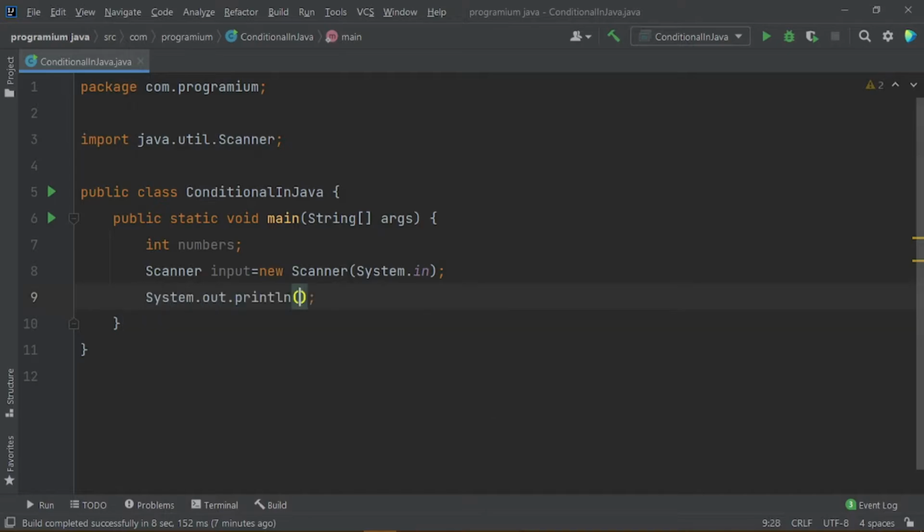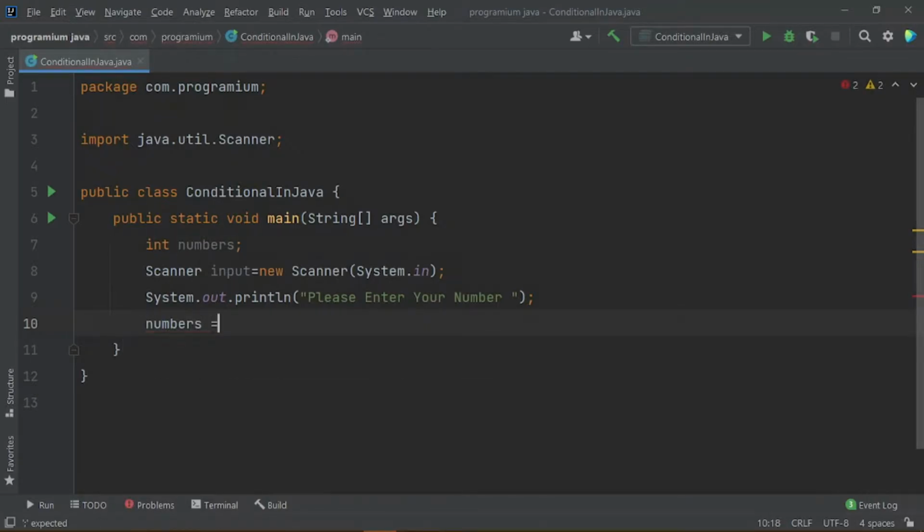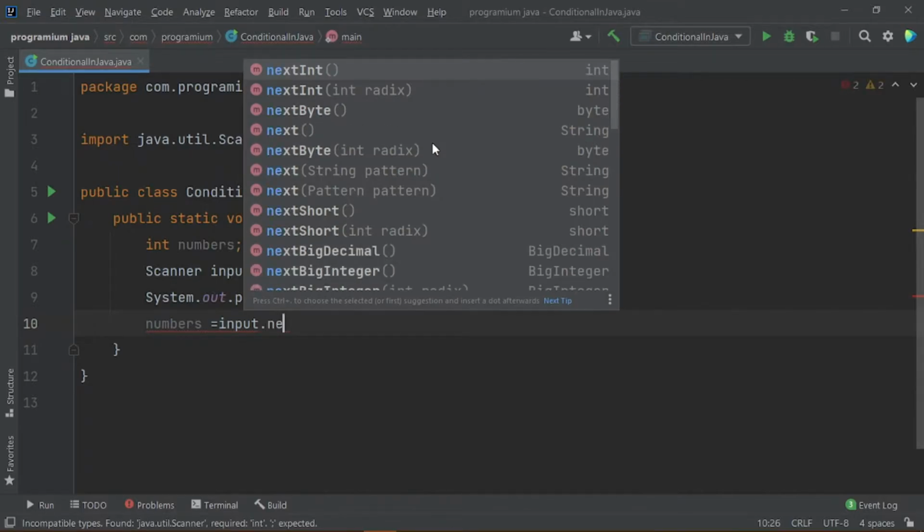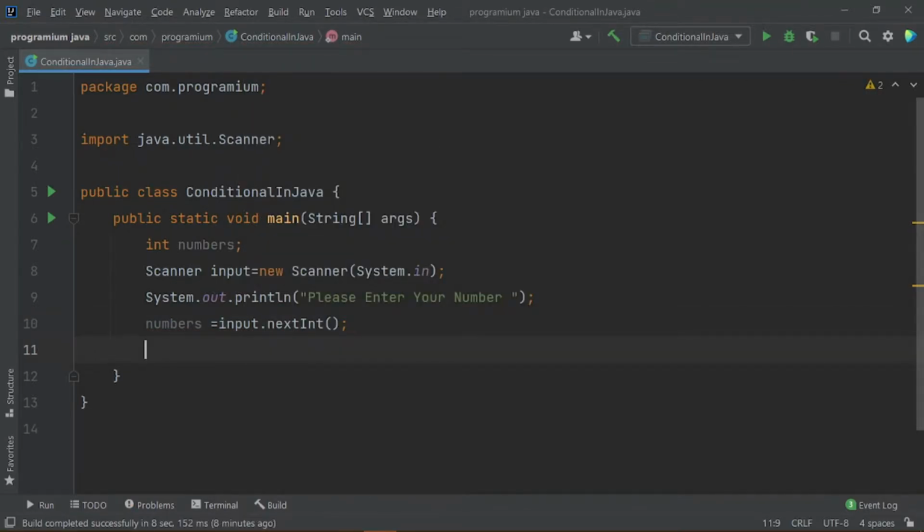Now we will prompt the user, please enter your number, and then we will store that value in this variable. Here what we want to do is that if the user enters a number